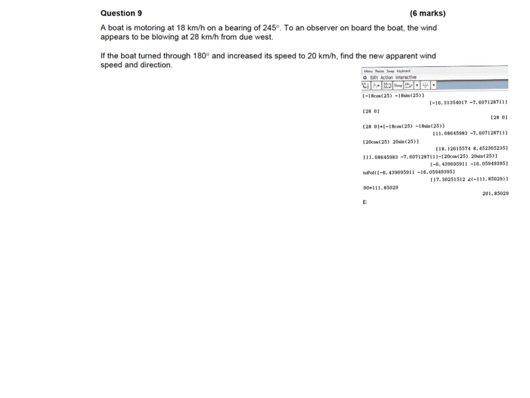Now, the velocity of the boat is going in this direction on an angle of 245 degrees. If the pen decides to work, that would be great. So it's going round in an angle of 245. So we know that the angle here is 25. So that's the important bit there. 25, that's it. So I know that the velocity of the boat will be negative 18 cos 25 i minus